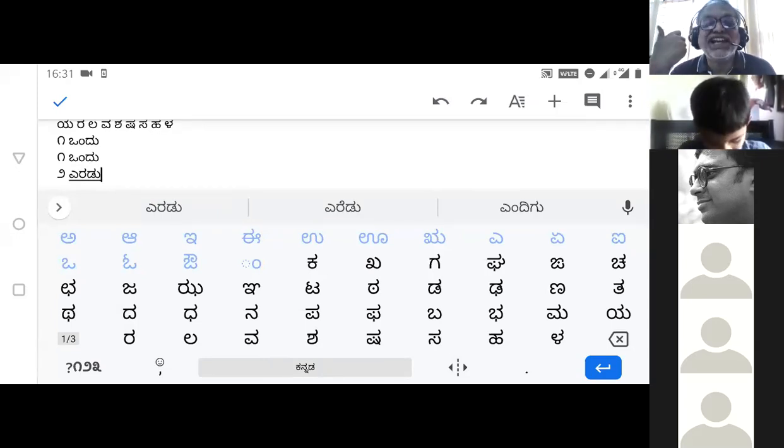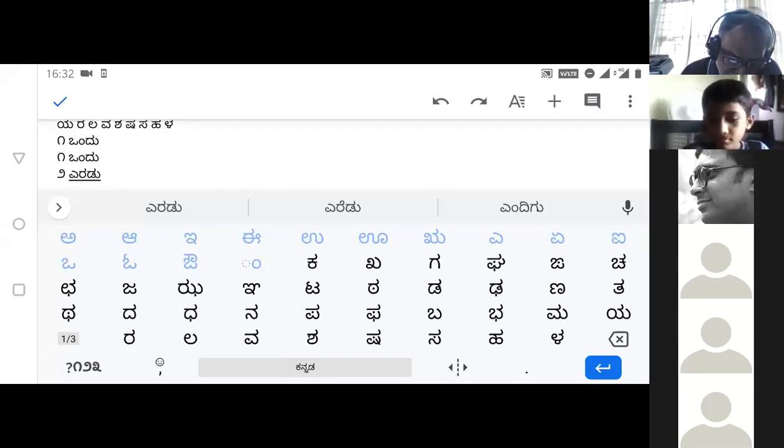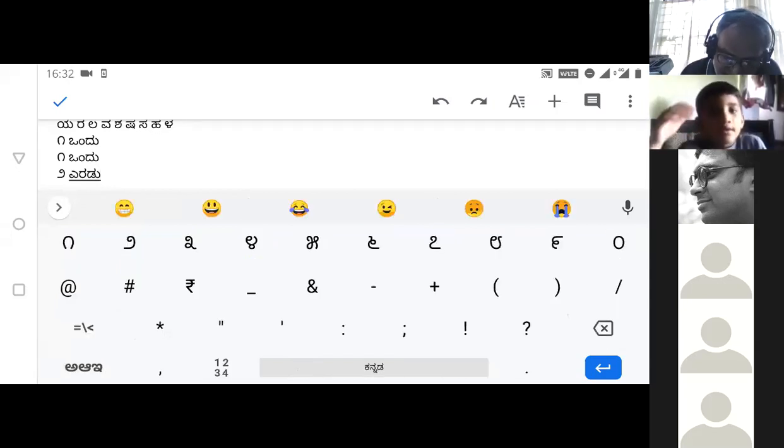A part of a nursery rhyme. Okay. So eradu is simple. Yeah, just typed it again. Superb. So now we'll follow it with 3.